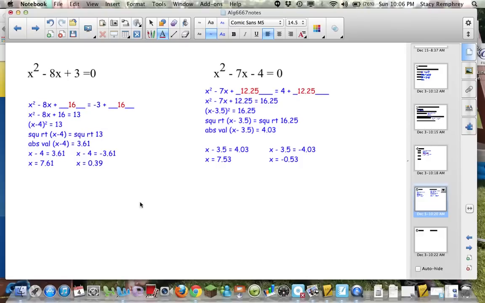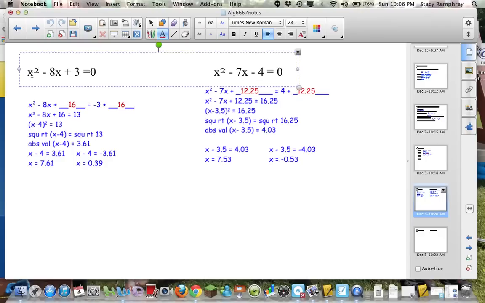The other one I didn't talk about, and you're not really going to have in your homework, is if there was a number here in front of the square. We never went over how to make those a trinomial square. So if you got to one of these and there was a number in front of the squared term, you would just divide everything by that number and then do what you've been doing. So it's just that extra